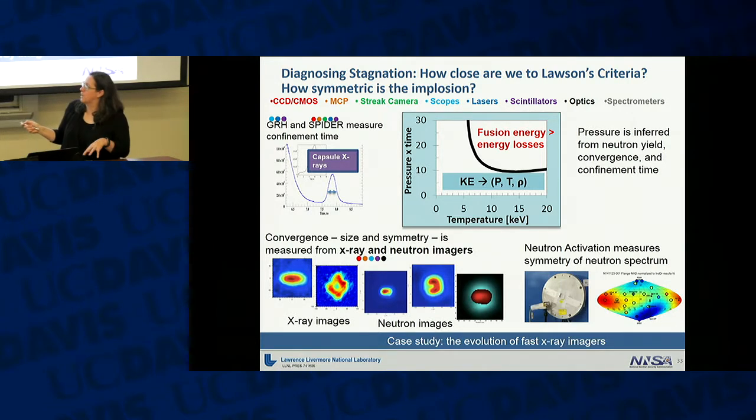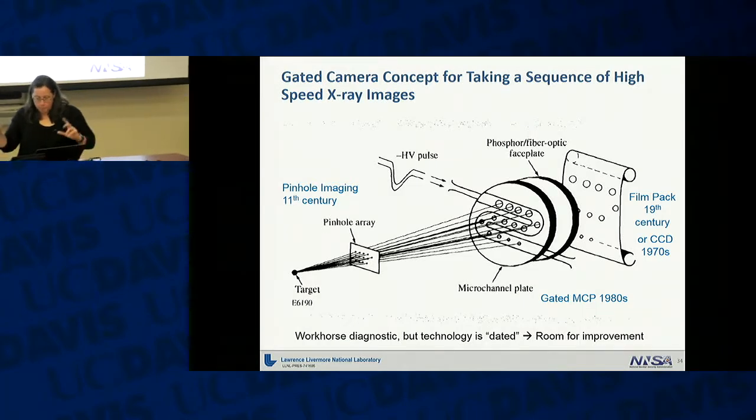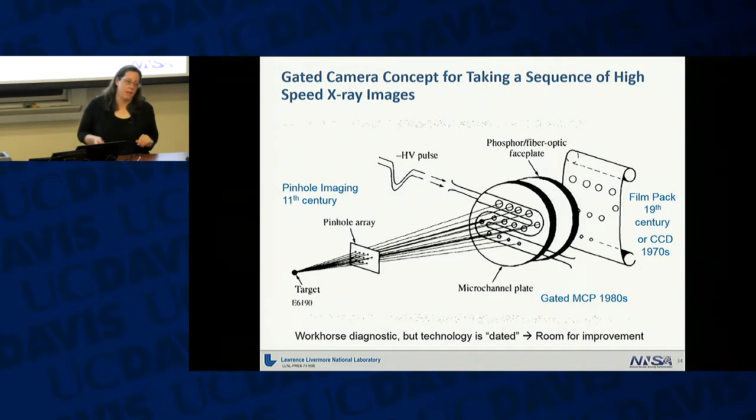So we're interested in taking images of the X-ray emission. It's very hot, so it's emitting X-ray. And I'm not going to talk about it, but we also are interested, we can collect images with the neutrons as well to see how symmetric the reaction, the implosion is. But for this talk, we're talking about high-speed X-ray